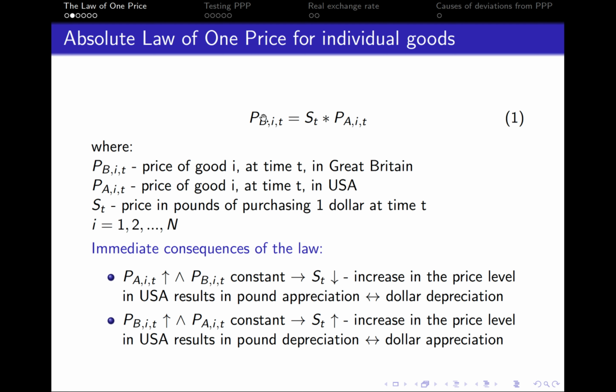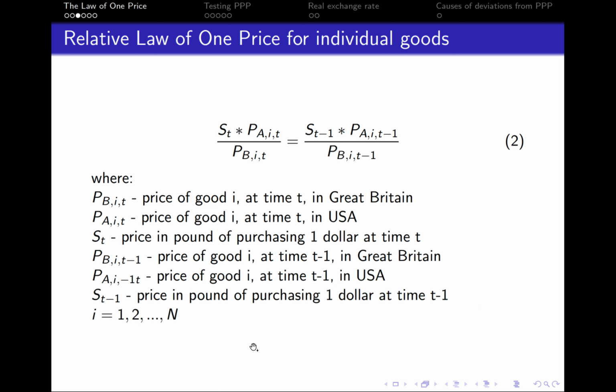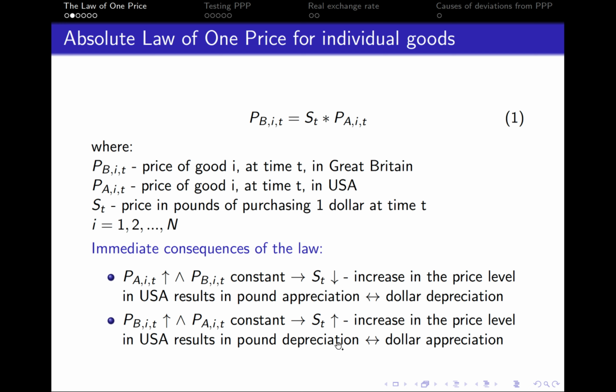if prices in Great Britain are actually going up and prices in the United States are staying the same. We expect now that S must go up. What does it mean? It means that now we need to pay more for $1. What does it mean? The British pound is depreciating, which is the same as the dollar appreciating. Okay, so now we've established that if the law of absolute price holds, then changes in prices should be transmitted to